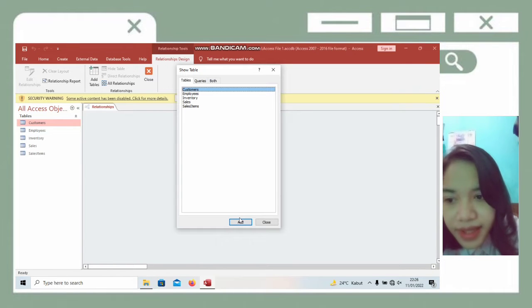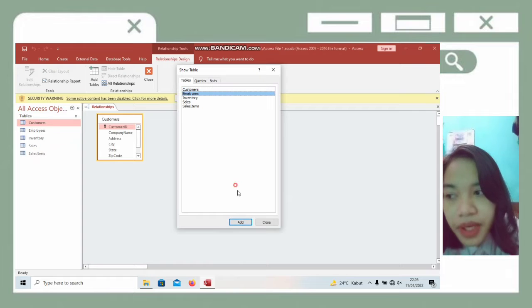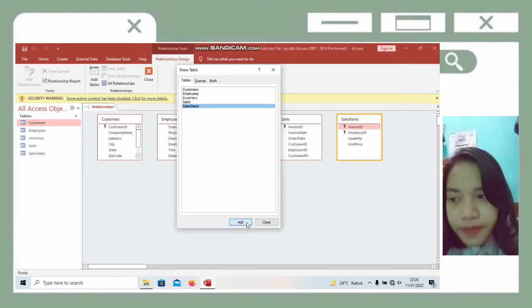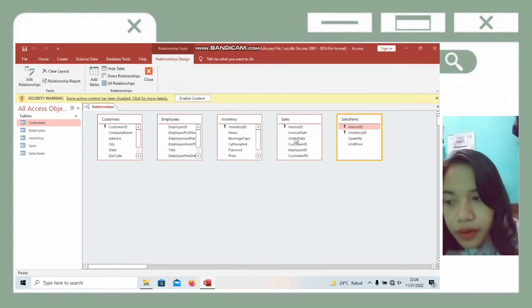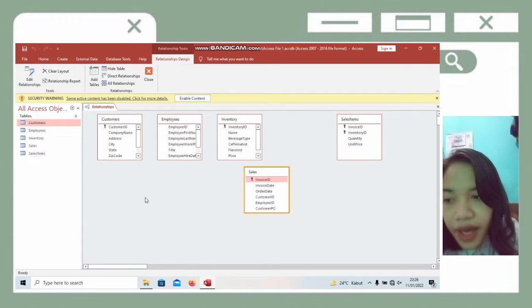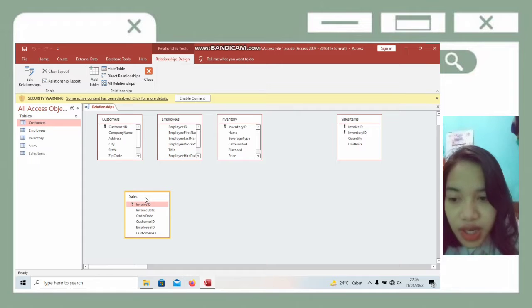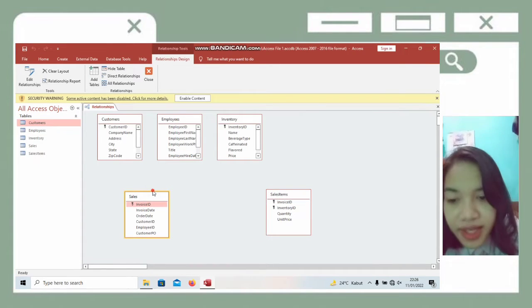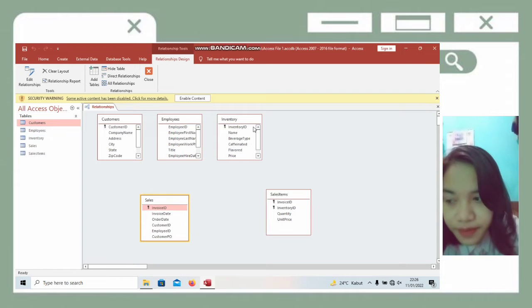Then we add each data table, starting from customer, employees, inventory, sales, and sales item. And then we adjust the location of each table as we want, to make it look neater and easier to understand.